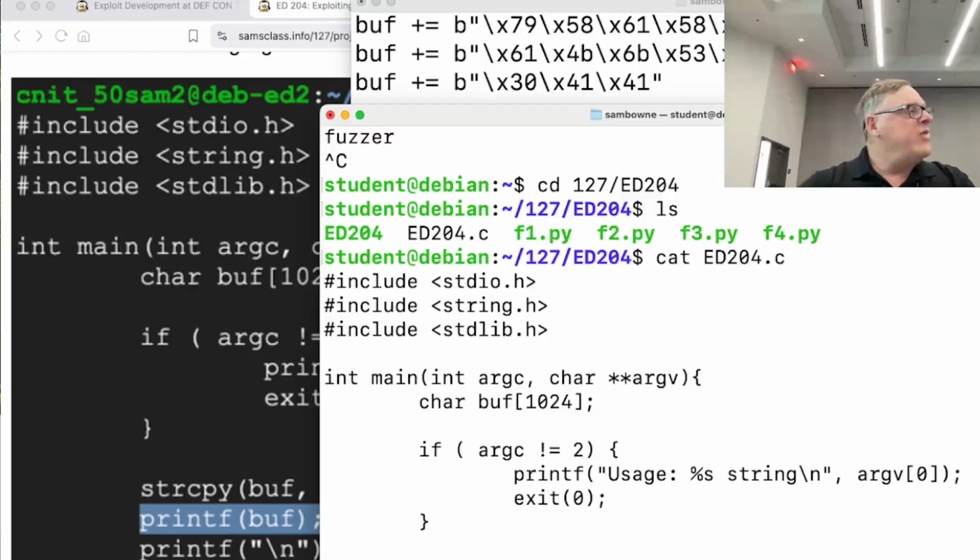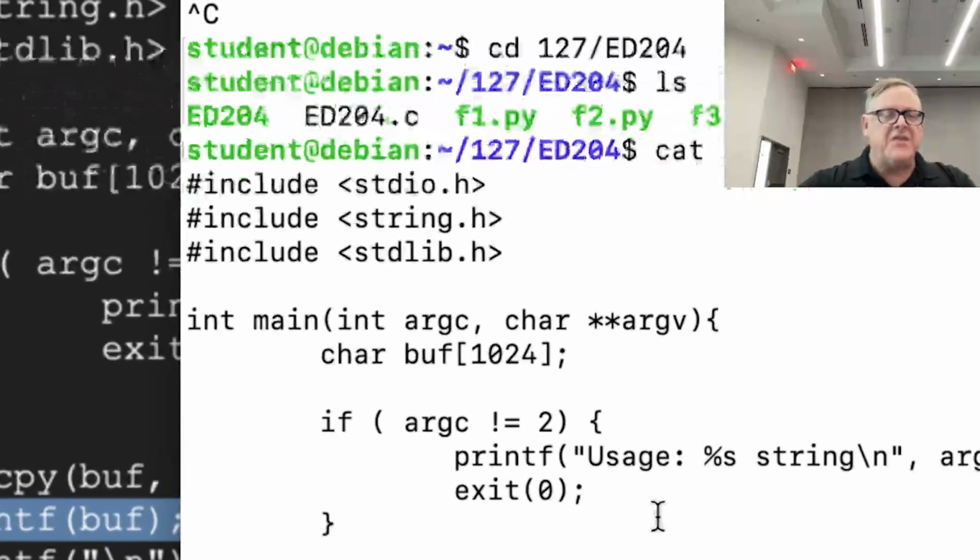When you print something in C, what you're supposed to do is print it like this. You have a thing called a format string, and then the variable you're printing. So this is the structure, and somewhere you have a control character like %s, which means a string goes there, and you put your string here. But you can do this. Now this is a really bad idea. I don't know why they let you do it, because it's horrible. But we're going to see several reasons why C is insane. I can print something without specifying the format string. Well, then it will just use a default format string and print it out.